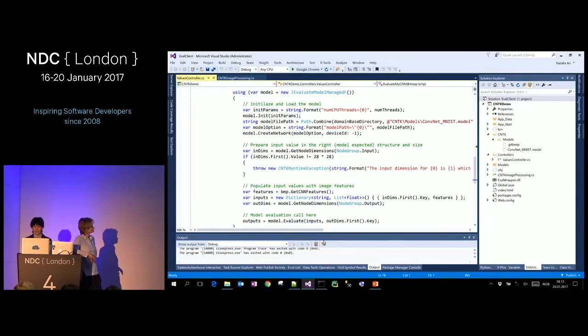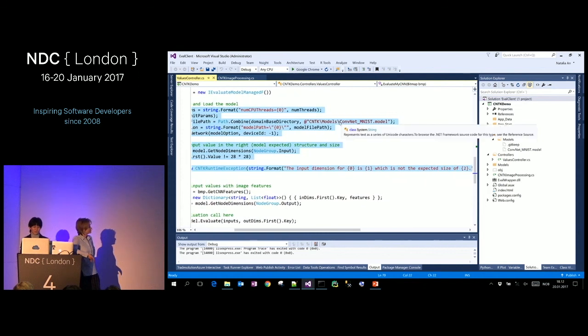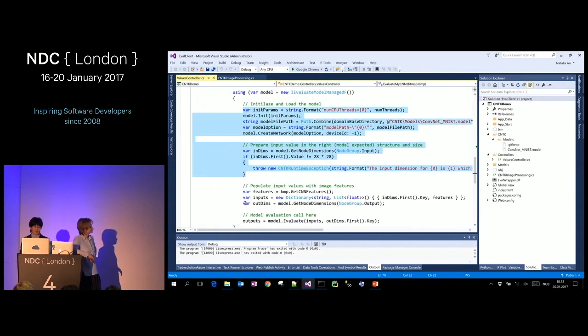That's my web application, standard. It's also from a demo. I didn't build anything from scratch. I just took a tutorial. It's straightforward. This is where I build my network. I load it from the file. You don't really need to understand. The only thing I changed in the example, I just provided my file where the model is. And here, I get my BMP file, which I upload, and just make a feature by making an array out of pixels. And that's the place where I evaluate my model and get the result. So literally, it's one screen of code.